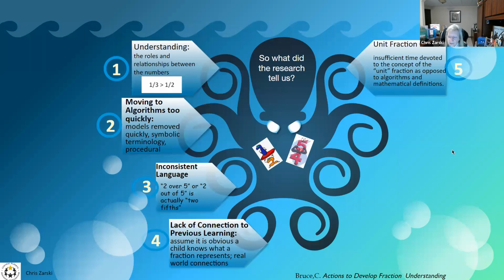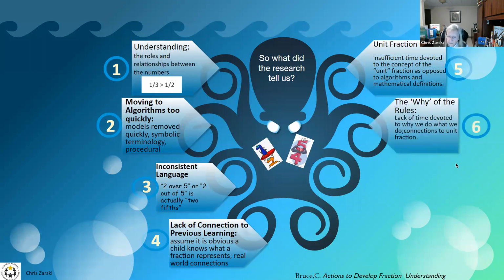So there's a unit fraction conversation. We don't give enough time to it. And because we don't give enough time to it, kids don't make the connection. But that's just like what you taught me when you put 1, 2, 3, 4, 5, 6, 7, etc. on a number line. This is working the same way. I counted by ones. I hopped one. Every one that I hopped, I got a new number. 1, 2, 3, 4, 5. Well, this is the same thing that we need to do with unit fractions, but we seldom do that. We kind of jump to it. You can color it, you can count it. We must be good to move on.